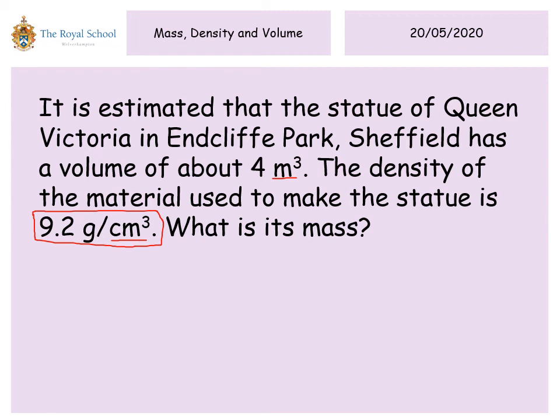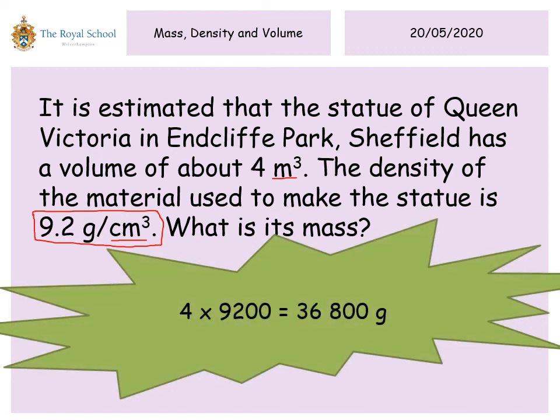That's the one I'll display underneath for those that are checking the more difficult version. I would definitely suggest here that the majority of us should be doing our 4 million meters cubed times by our 9.2 grams per centimetre cubed. Obviously though, that gives us a huge answer in grams, so it'd then be useful to convert that back into kilograms. So if we're doing